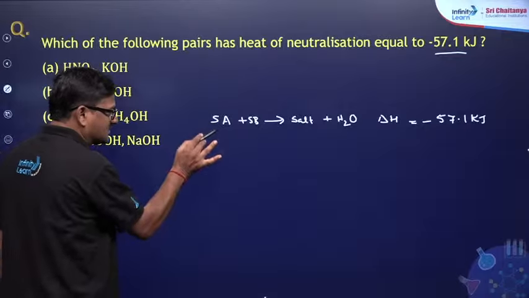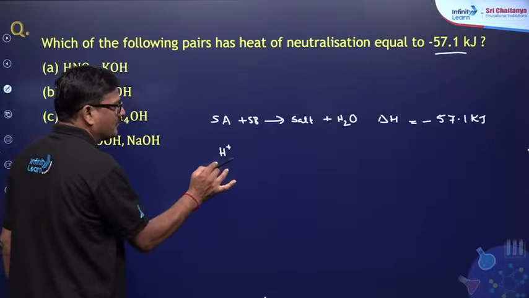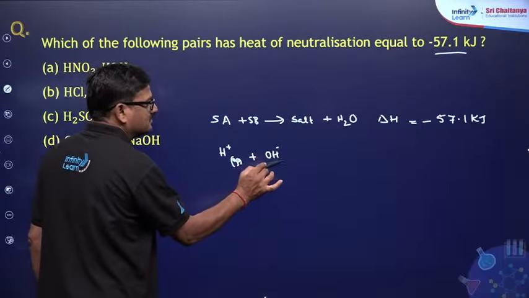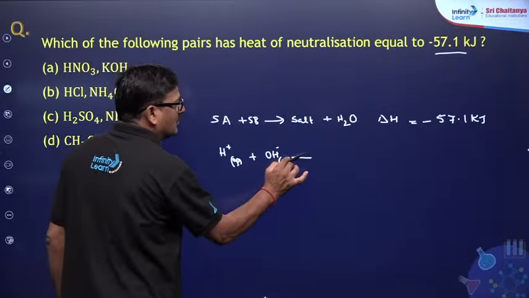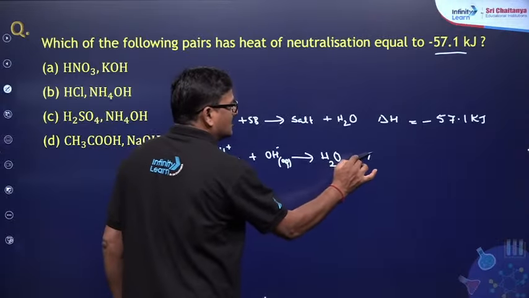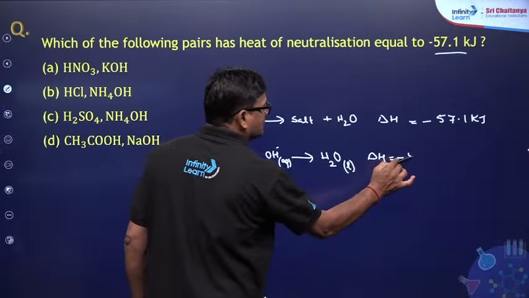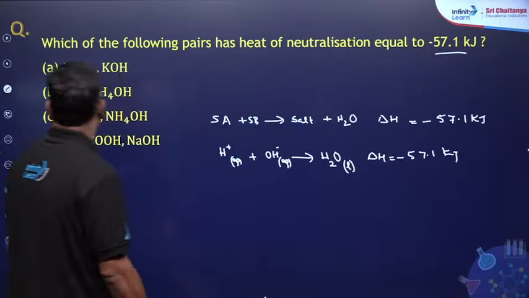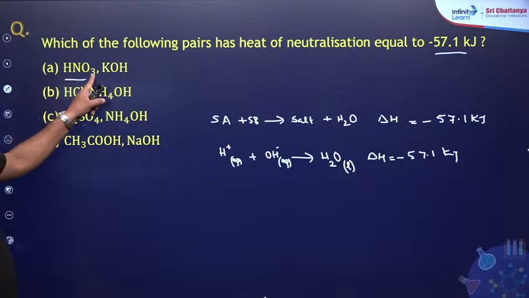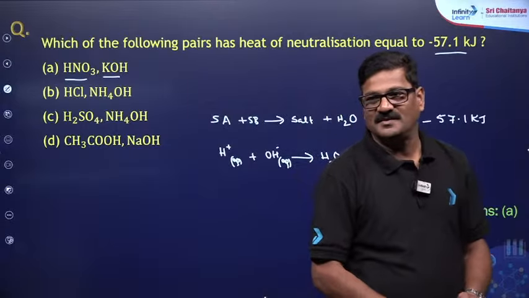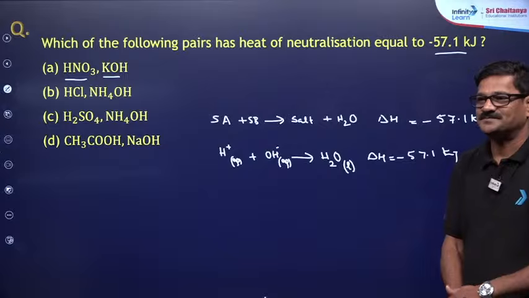So a strong acid gives H plus, a strong base gives OH minus, and these two together form H2O. So delta H is going to be minus 57.1. So a strong acid and a strong base. Okay, so my answer for this question is going to be A, it's not B. Fine. Children,